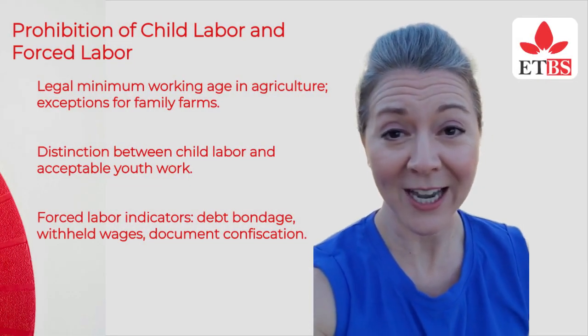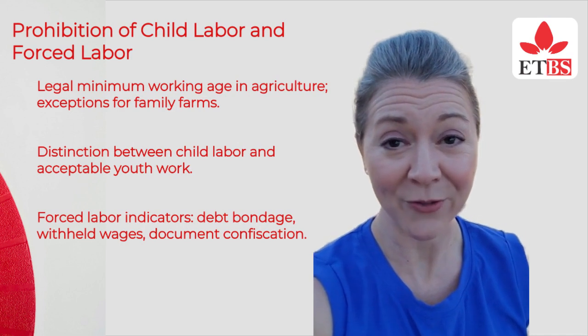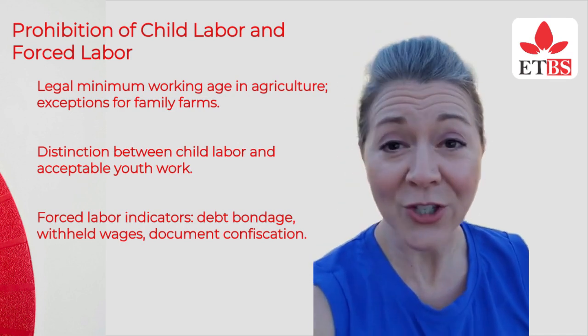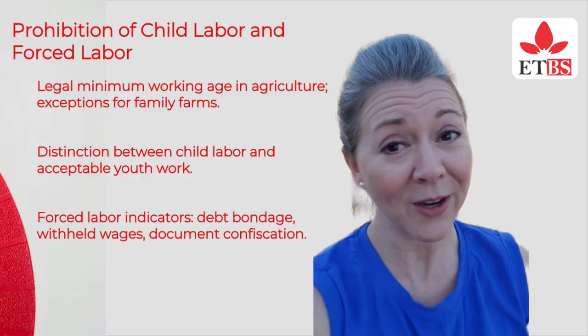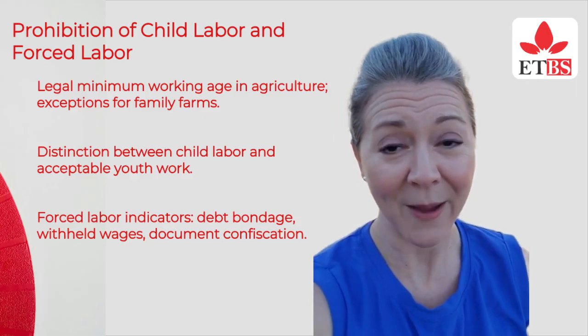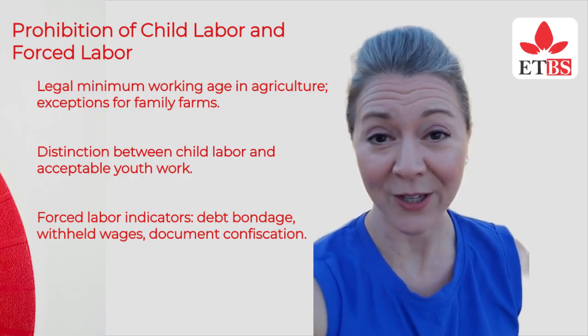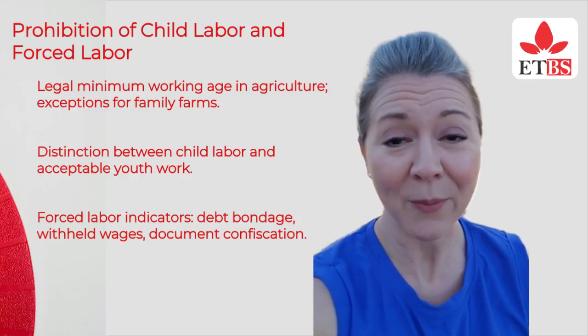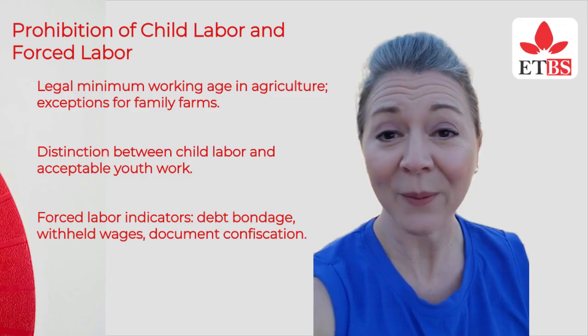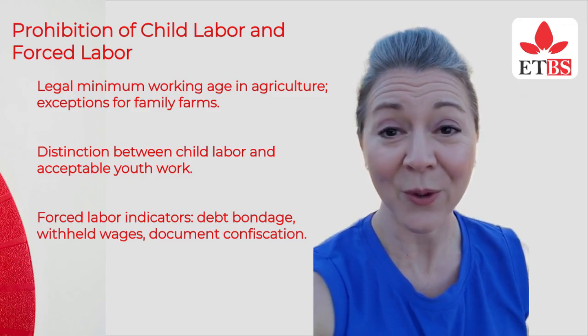Legal minimum working age in agriculture, exceptions for family farms, distinction between child labor and acceptable youth work, forced labor indicators, debt bondage, withheld wages, document confiscation, international conventions, ILO conventions number 138, minimum age, and 182, worst forms of child labor,